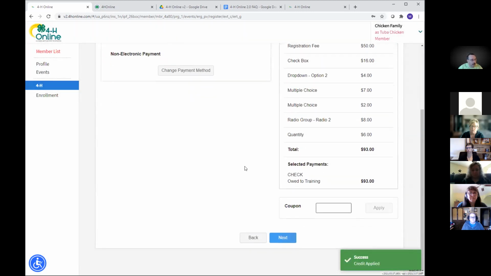Confirm. And next, there is the ability to have coupons added to your event, but what they do is they take a percentage off. So 10%, 25%, 50%, or 100%. If you're interested in the coupons, let me know. I can work with you to get a coupon created. You just give a coupon code out to certain people, and then they can apply that to this event.